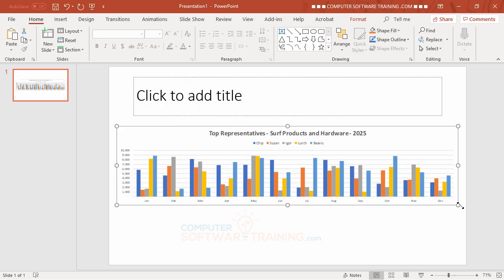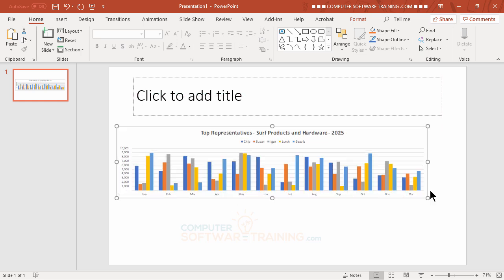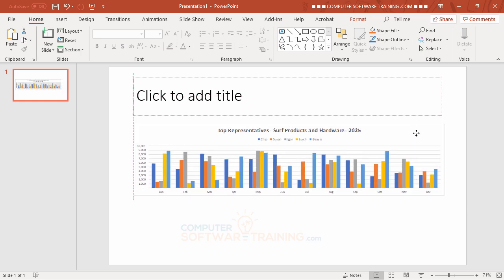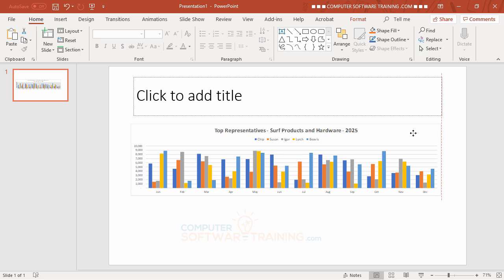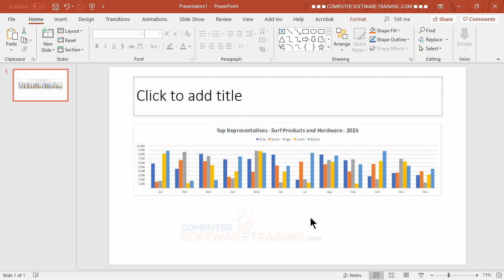But now what I can do with this is resize it, reposition it, whatever. Maybe bring it a little bit like that. There we go. Okay, so there it is. The beauty of this now is later on, if I change the information on the graph, it'll automatically update here. If you don't want that to happen, then you could have just pasted it in as a